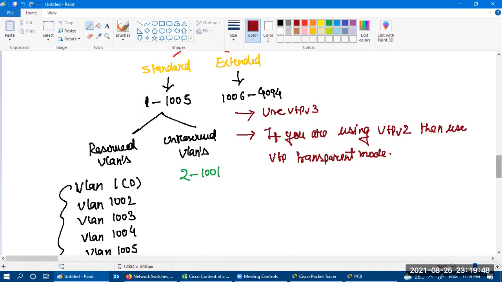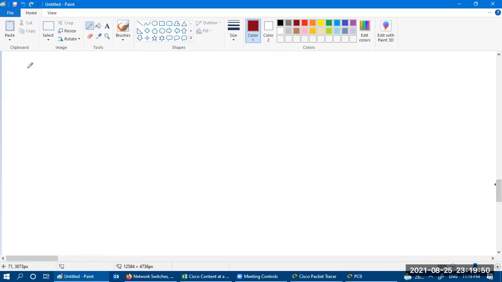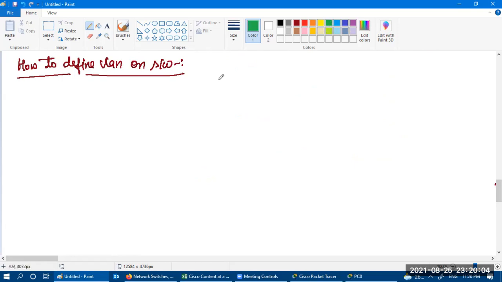Okay. Next is how to define VLANs on a switch. What you have to do is go to global configuration mode. Then you have to say VLAN.